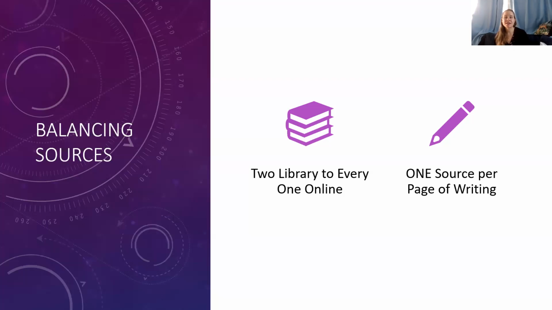Finally, when conducting research, it's important to remember to balance out your sources. You want to try to have a solid ratio of 2 peer-reviewed library sources for every 1 online source. In truth, 3 library sources to every 1 online source is an even better ratio to strive for. This is a solid balance to try and strike with your research paper and any research paper that you might